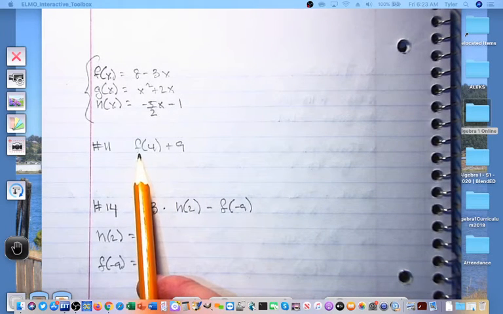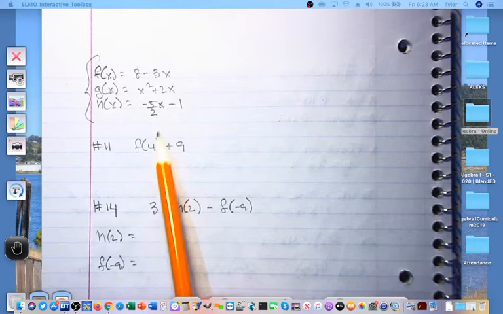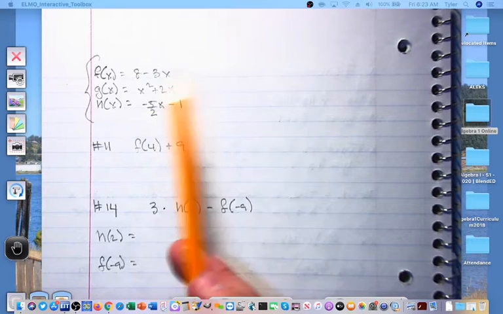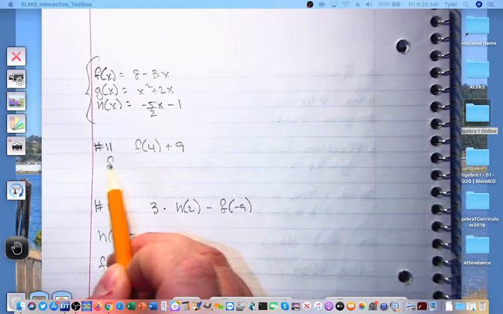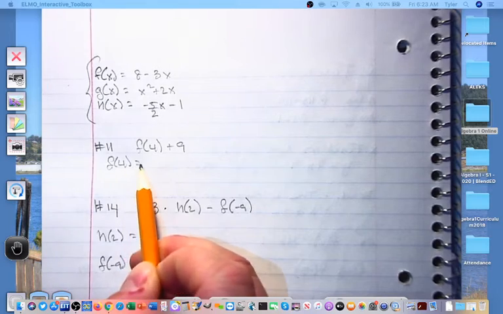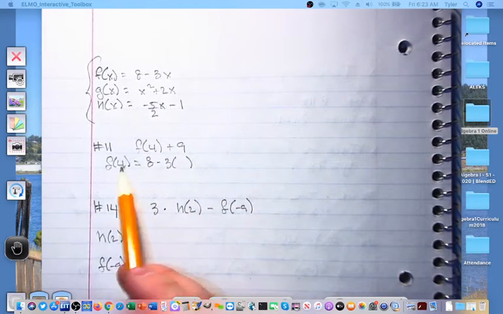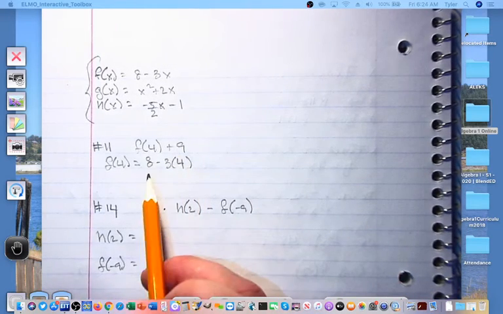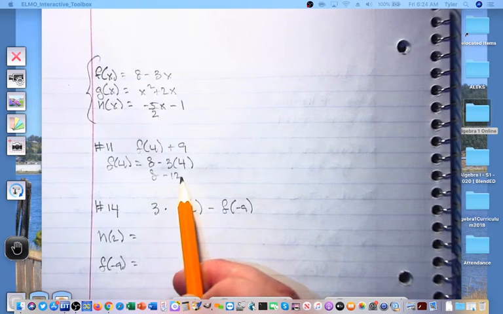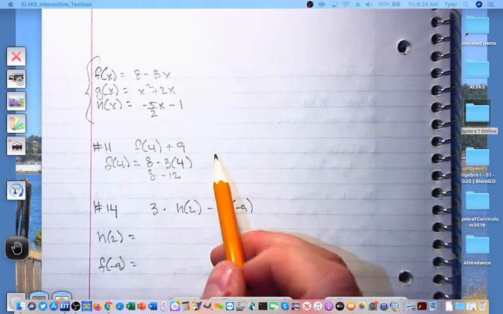They want us to find the f of 4 plus 9. So I'm going to refer back up to my f function, and I'm going to determine what the f of 4 is. So the f of 4 will be equal to 8 minus 3, and here's where I put that input of 4. Let's work it out. That's going to be 8 minus 12,